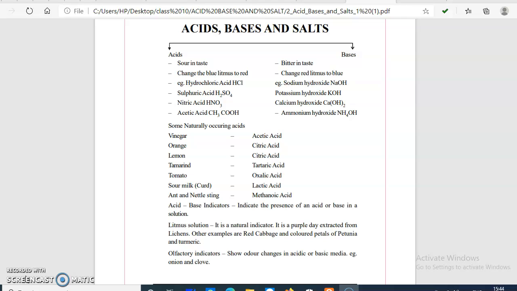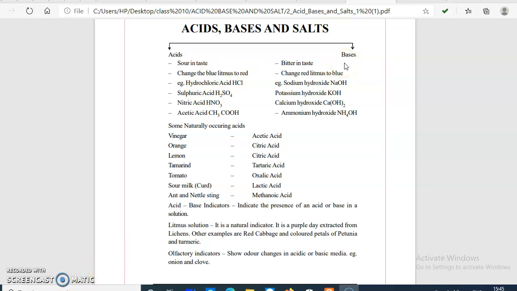See, in 7th class, 8th class, and 9th class, you have seen the basic characters, physical properties, what acids are, what bases are, and what their examples are. These are the basic things you studied in classes 7th, 8th, and 9th. Now in class 10th, you have to study some characteristics that are different from what you studied before. But first we have to see the difference between acid and base.